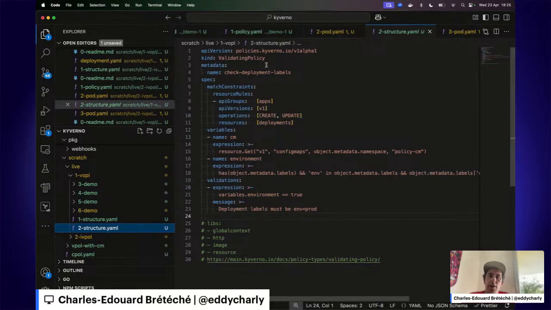We can look at a more complex example for those who know Kyverno from before 1.14. Kyverno had the possibility to define a context in policies. So you could, for example, reference a config map or a secret in a policy, and Kyverno would automatically load this config map or this secret and provide it to the policy. So this was something we wanted to support as well. And we have that in this example.